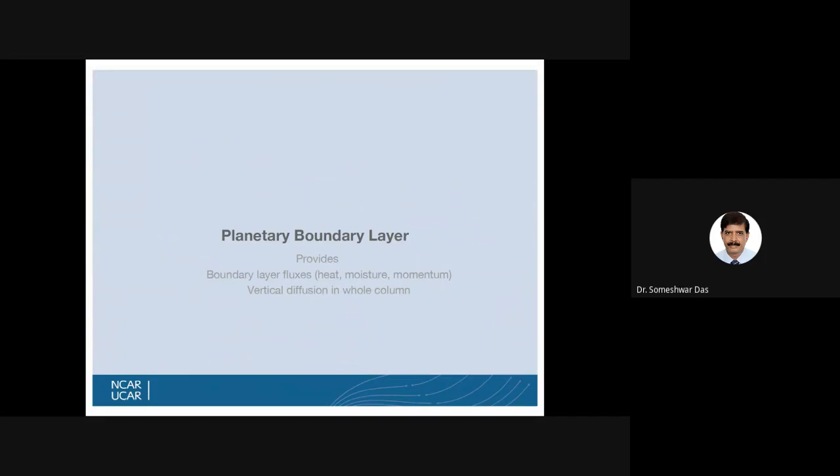How they are parameterized theoretically, that you have already studied earlier in the NWP classes. As you know, in this part of the physics, we try to compute the boundary layer fluxes of heat, moisture, momentum, and vertical diffusion, in the entire column of the atmosphere.